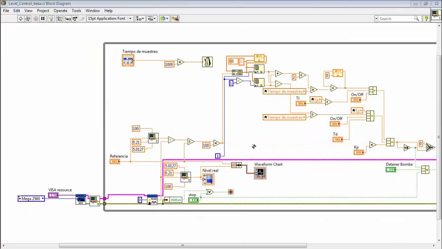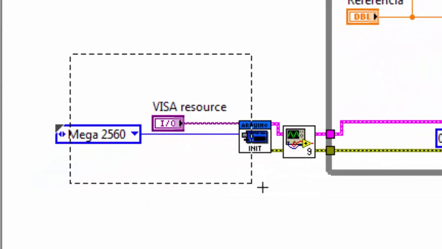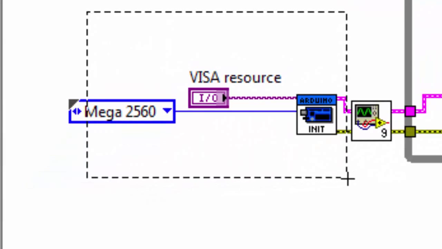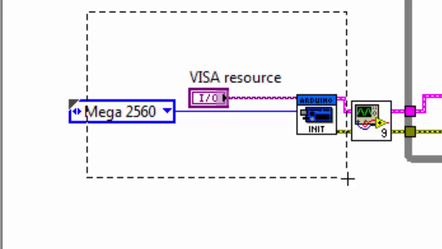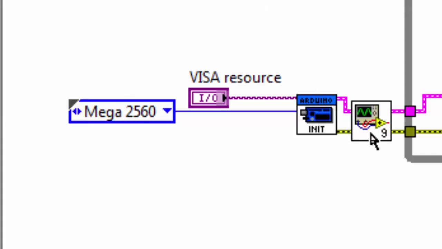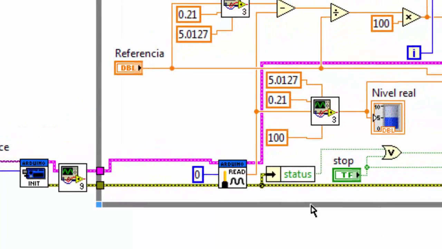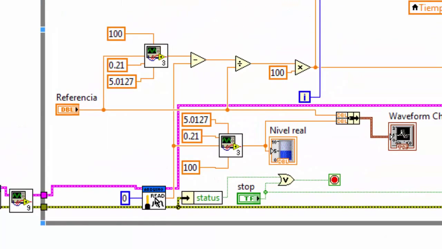Okay, now I'm going to explain the block diagram we designed for the PID compensator in LabVIEW. In this first section we have the initialization of the communication with the Arduino. Then this block is the configuration of inputs and outputs for the Arduino, and then the first thing we do is read